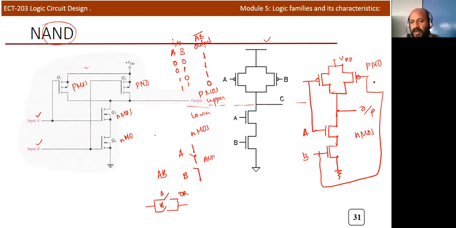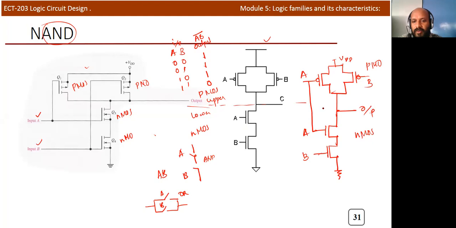So these two points are same. Okay, either I can draw repeatedly A and B, or I can connect these two lines. Okay, either I can draw like this, or I can indicate that this input is B. Okay, this is A. I think you got how to draw. You got an idea about how to draw the circuit.